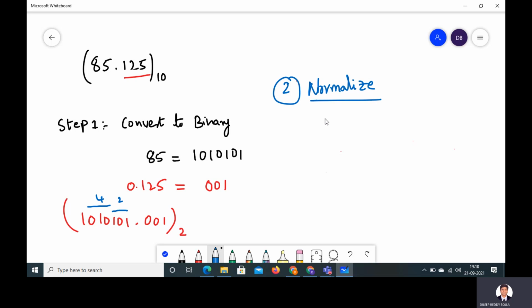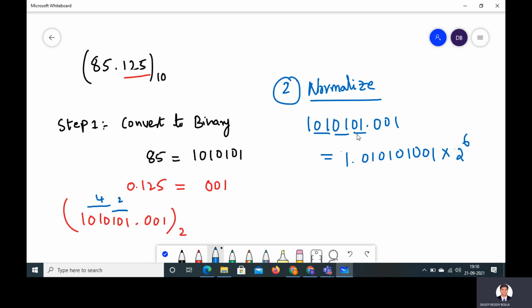To normalize this, what I am trying to do: 10101001.001, this is the input we have collected. Now we can rewrite this number as 1.0101, then 1.010101. So this way we can write. Is that correct? Yes, if we multiply this by 2 power 6,